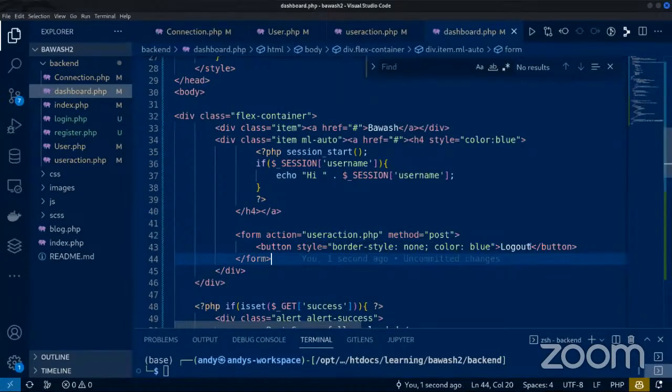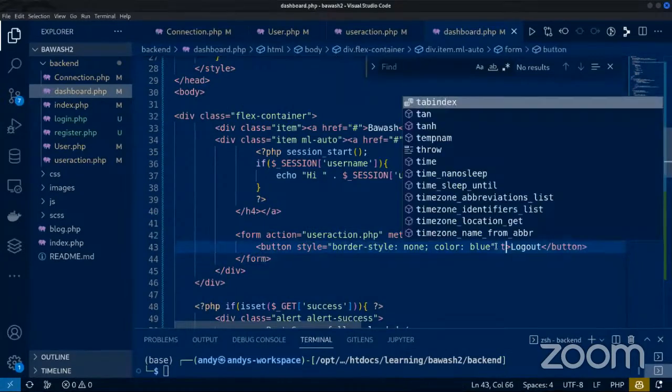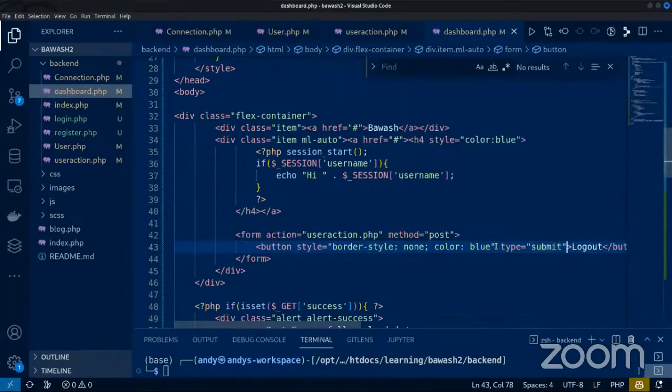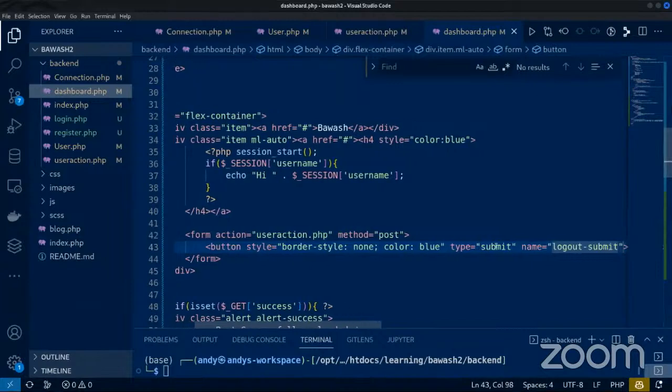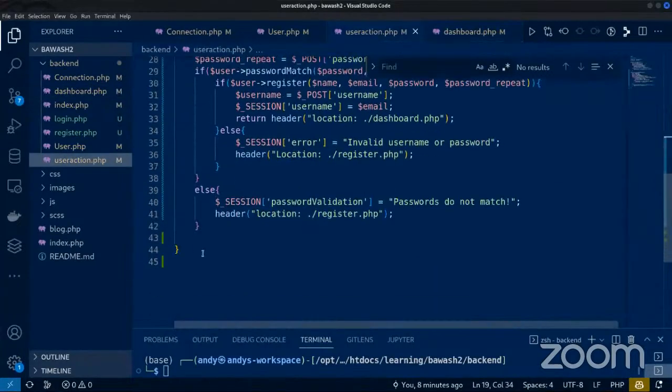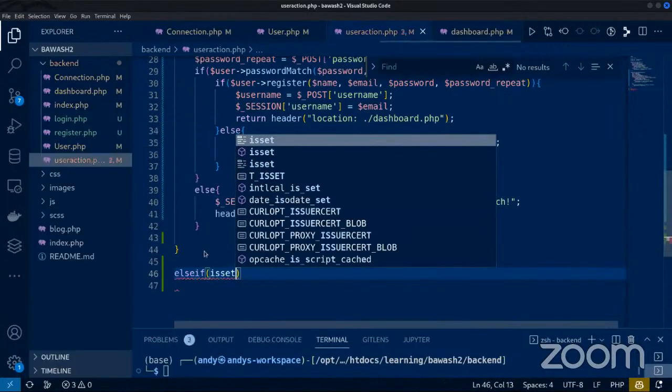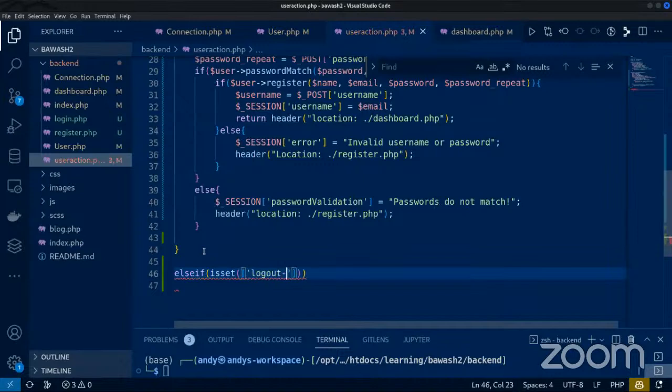And this button will be of type submit. I'll give the name as logout submit, right? So that when somebody clicks on this logout, it's going to come to this user action that we are going to define. Else if it sets logout submit, then I should just call